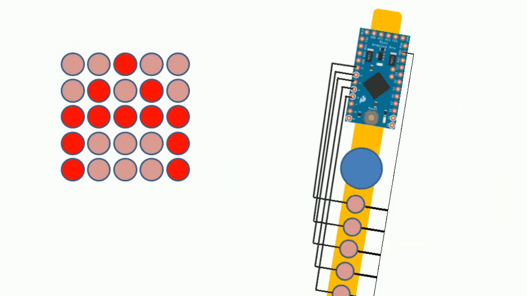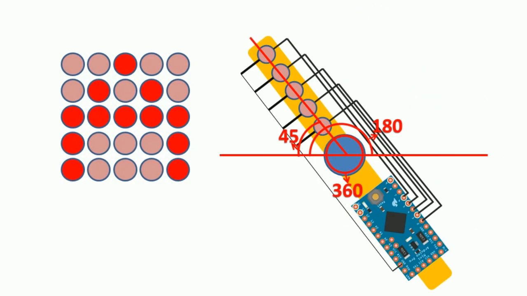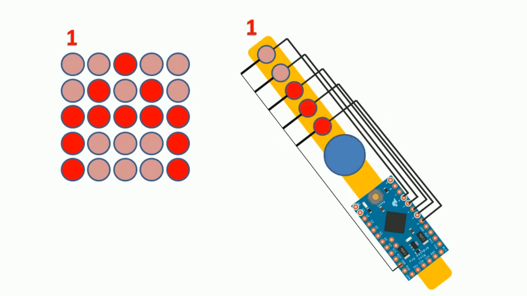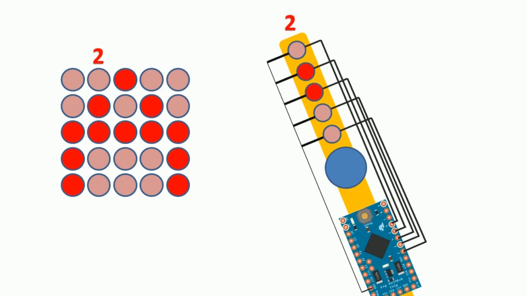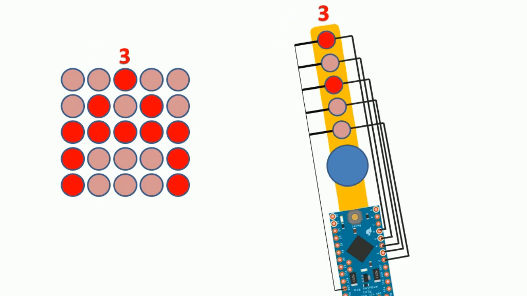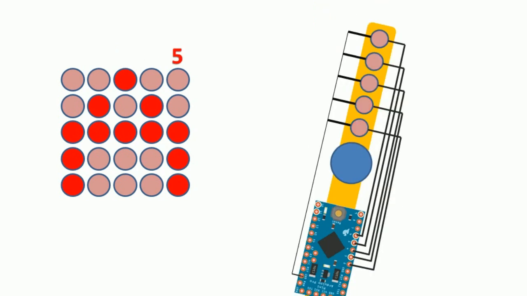Now let's see the logic of this project. Let's assume that we are printing A from the 45 degree angle. The way of calculating this angle is a different case and will be shown at the end of this video. So in the first step, when the PCB is positioned at 45 degrees, the lower 3 LEDs will turn on. When it moves up to the next degree, the second and third LEDs glow as shown on the left side of the matrix. In step 3, the LEDs turn on as shown on the left side of the matrix, and this process continues till the 5th step.